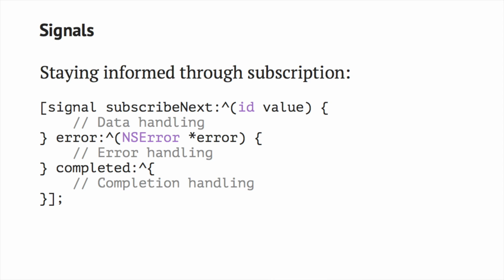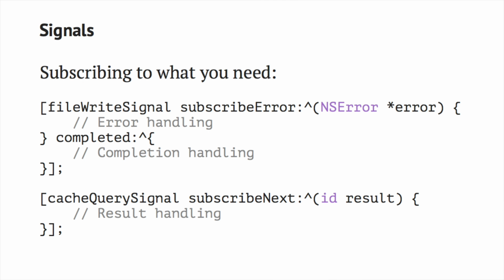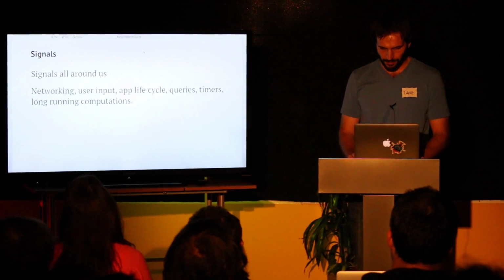So now that you have this signal, aka the callback manager, you have to get information out of it. That's called subscribing or subscription. There's a bunch of different subscribing methods where you can either subscribe to all the types of events that can happen or just certain types of events. For example, if you're writing a file, there's really no data involved. It either errored or completed successfully. Same if you've got some query to some in-memory data, for example, there's probably not going to be an error. You just want the data.